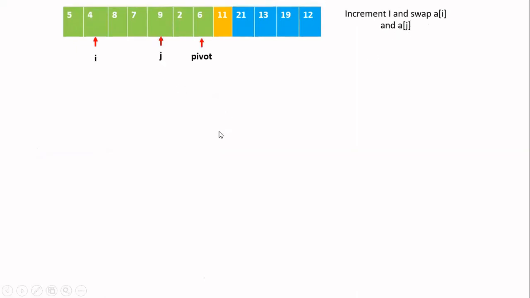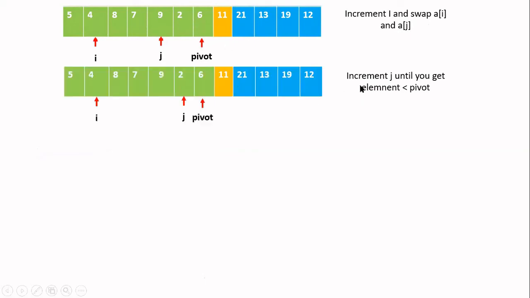So if I do that, I'll be getting this as my array. Okay. Next step is again you have to increment j until you get an element which is less than the pivot. So I am incrementing j and moving that to the next element, 2. 2 is now less than 6. So I have to stop incrementing j. Then I have to swap